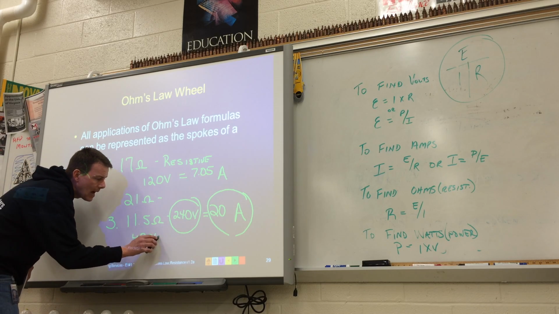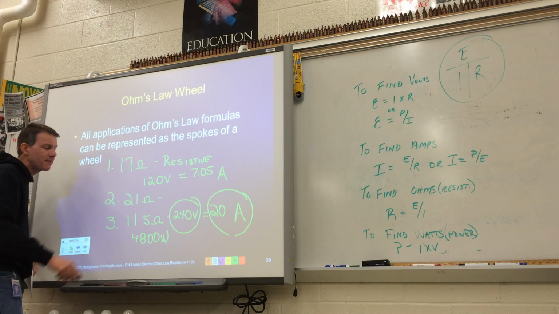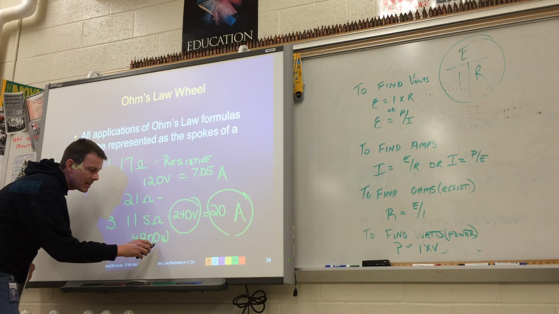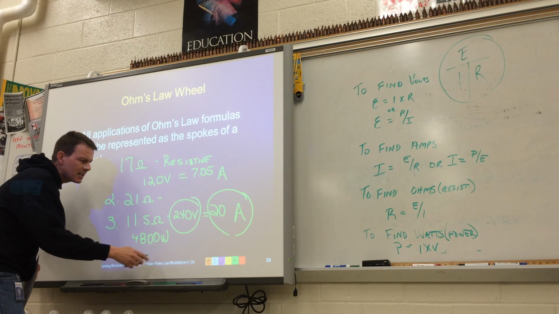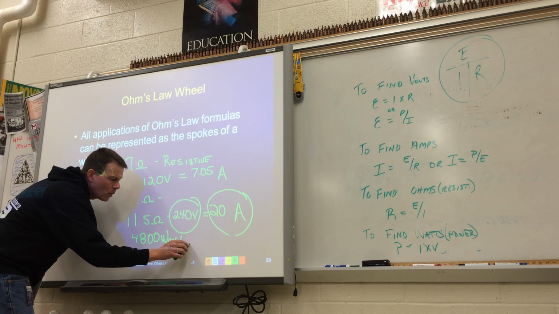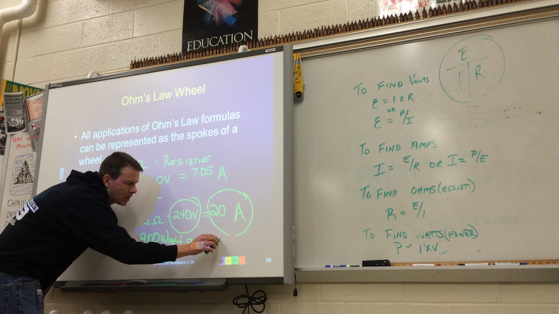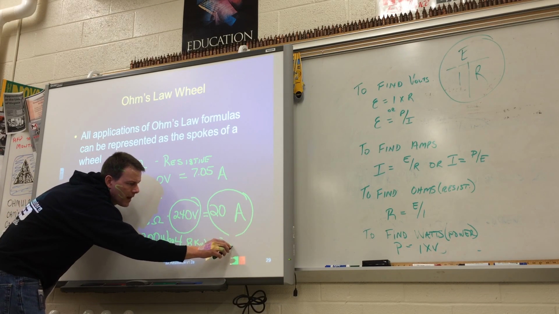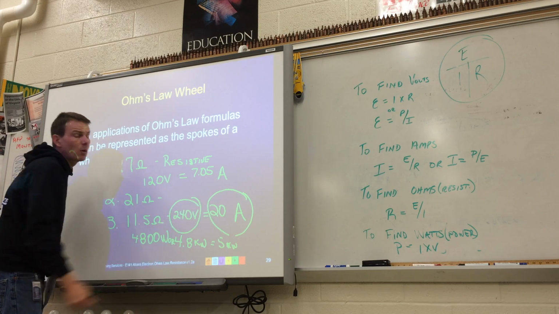4,800 watts. Or I could say it like this. We're probably not going to say 4,800 watts. I could say, how many watts are in a kilo? How many are in a kilo, period? 1,000. So I could break this down to where instead of 4.8 watts, I could write 4.8 kilowatts. Actually, that was a 5 kilowatt heater. So the 5 kilowatt heater, when it's supplied with 240 volts, will draw a current of 20 amps through the